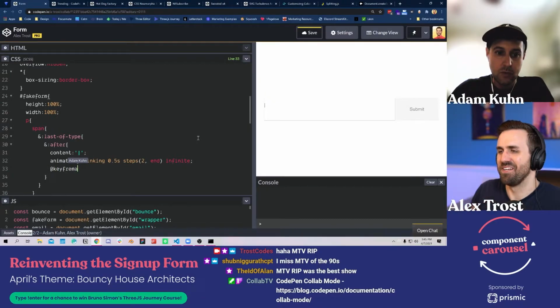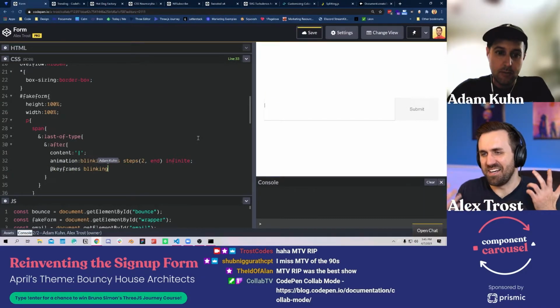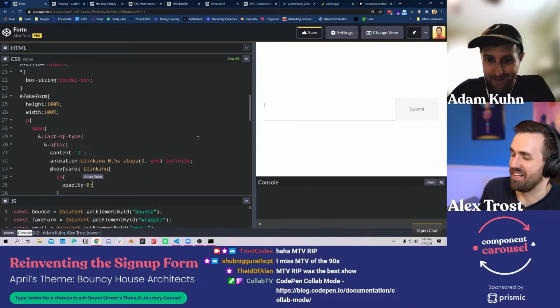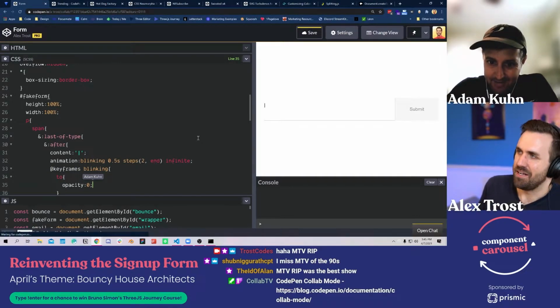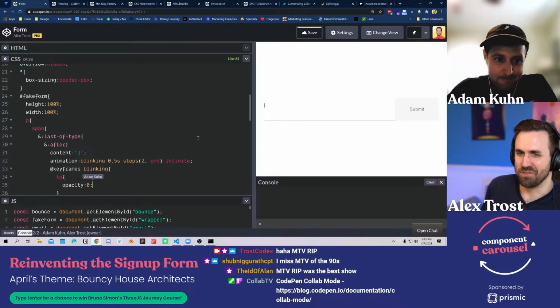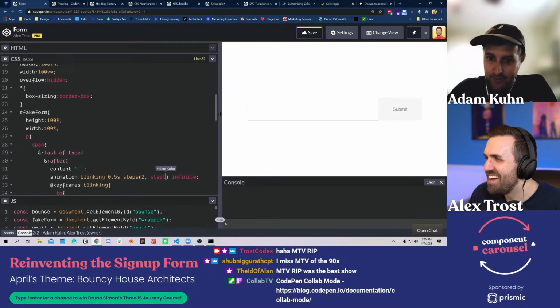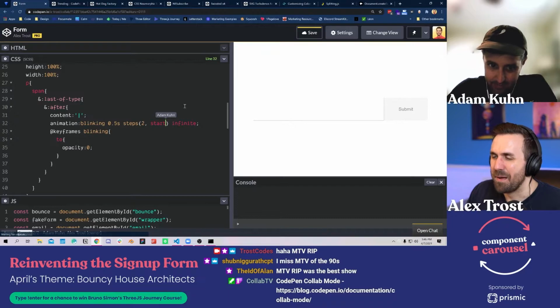This is awesome. I don't know why I enjoy it so much, but just faking built-in operating system stuff feels really cool. There's something about that. Let's try. Look at that. Steps are always weird, right? It never quite seems to want to. There we go. That's a little more like it.